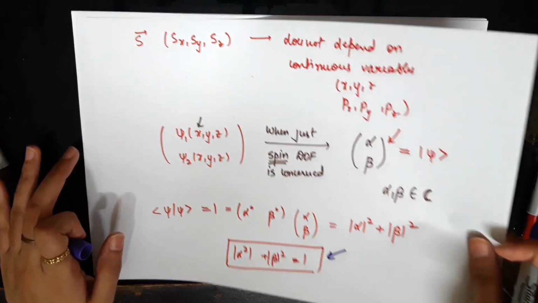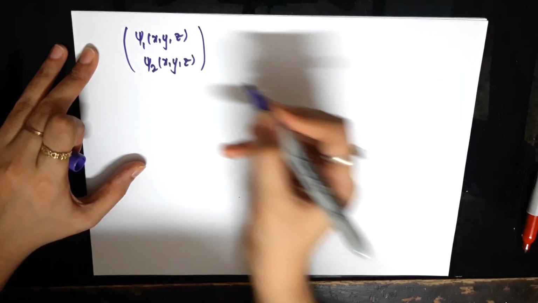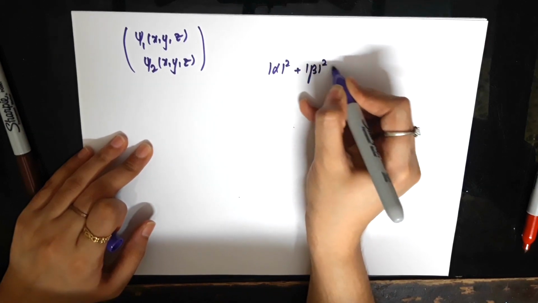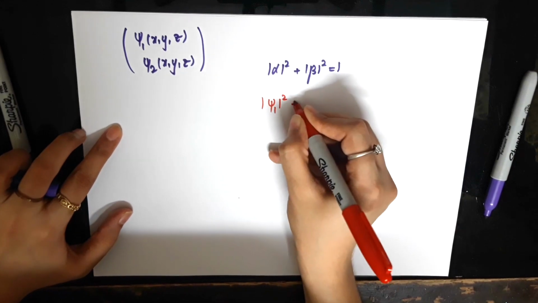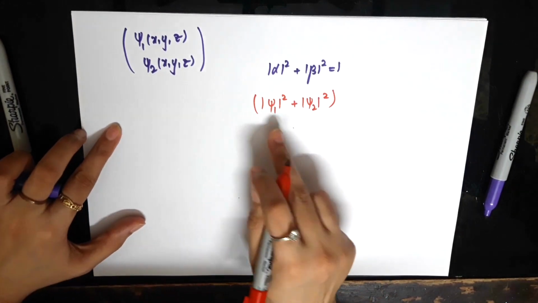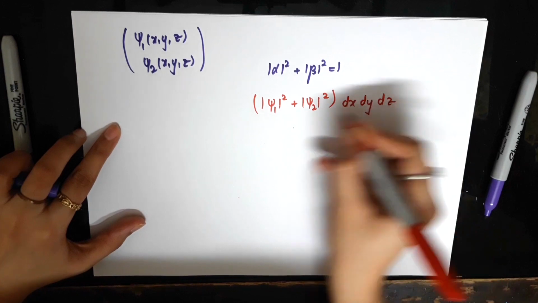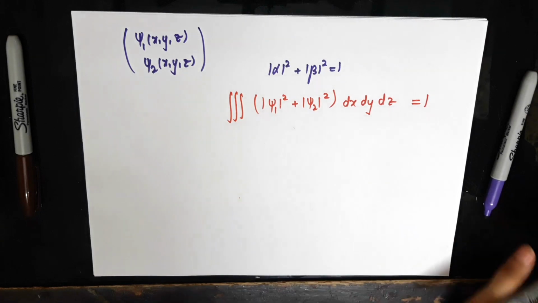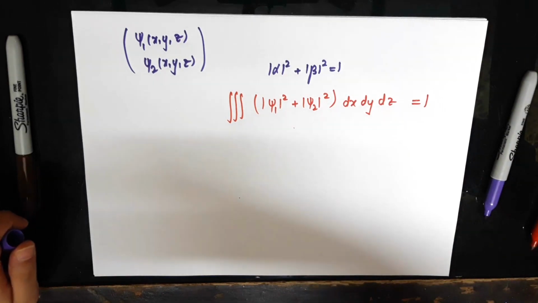So this is about the representation, and in the more general case, when you represent your wave function by psi1 and psi2, in that case your normalization condition would read, instead of alpha mod squared plus beta mod squared equals 1, psi1 mod squared plus psi2 mod squared. Because psi1 and psi2 are functions of x, y, and z, these continuous spatial degrees of freedom have to be integrated out, and this whole thing has to give you 1. So this comes from the additional probabilistic requirement that we know already. So this is about the spinor representation.